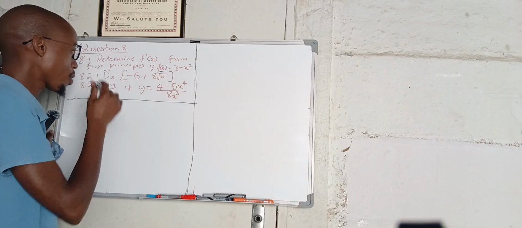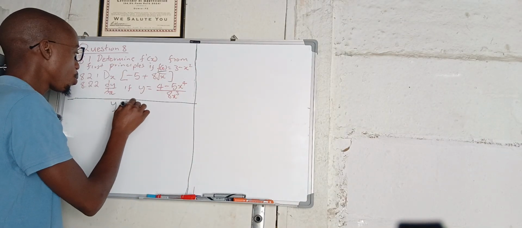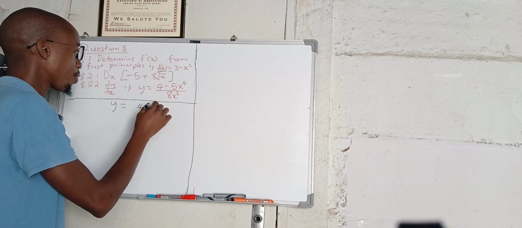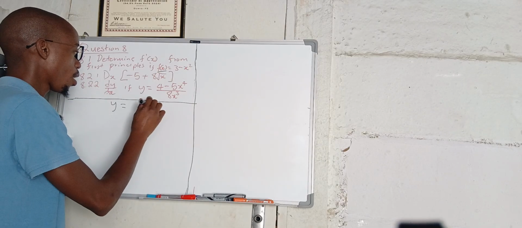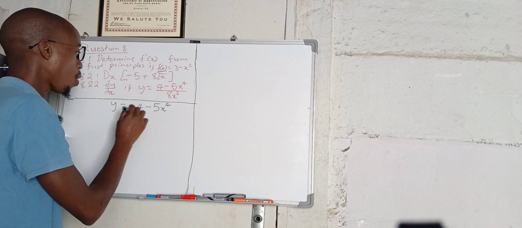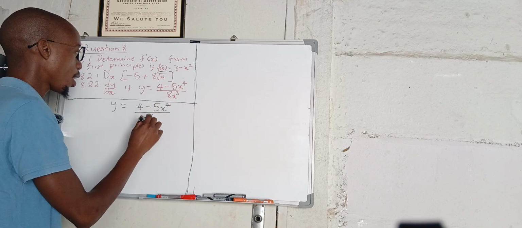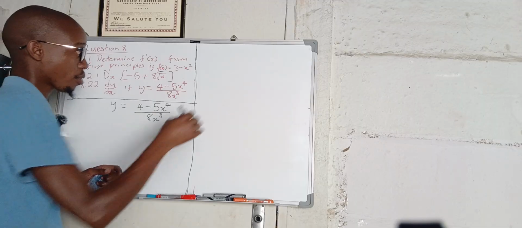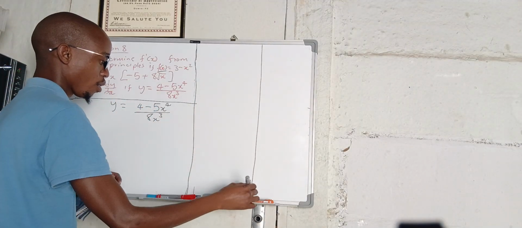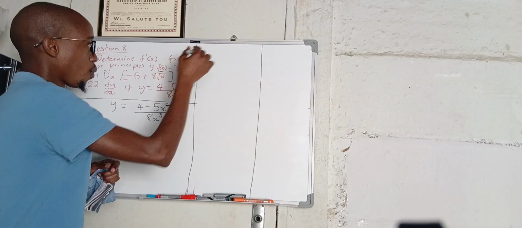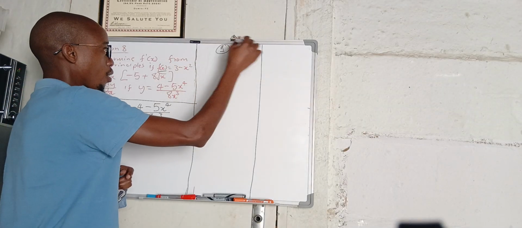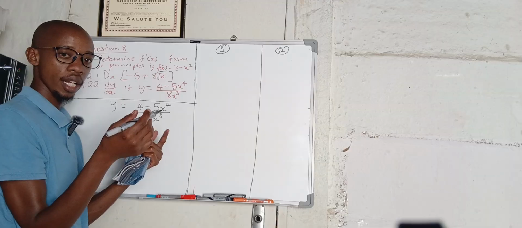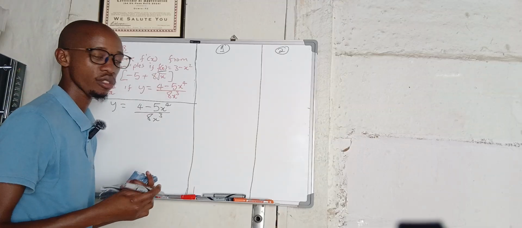Our last question says, y is going to be equal to minus 4 minus 5x to the power of 4 all over 8x to the power of 3. Now I'm going to do it in two ways. 1, and then 2. This, I'm going to use the method that is allowed in the CAPS curriculum on how